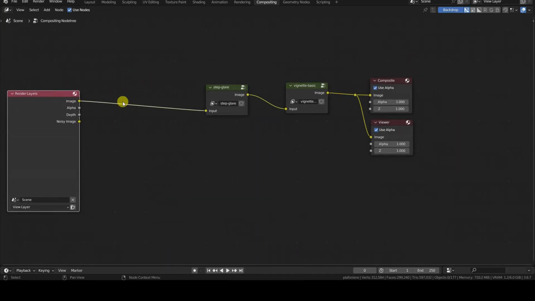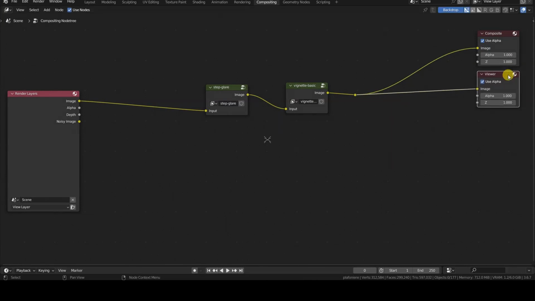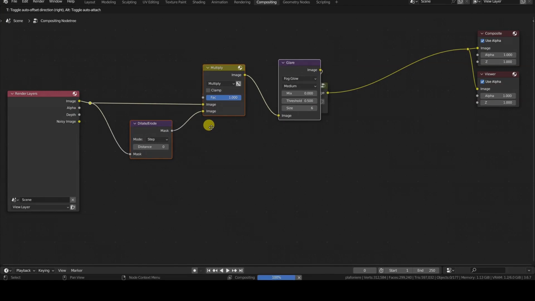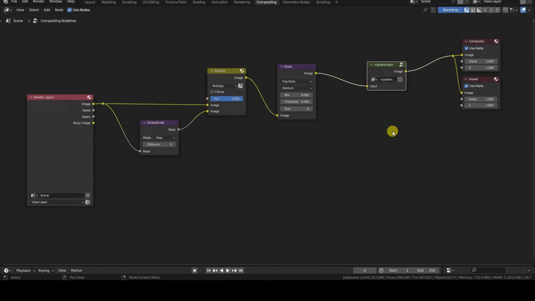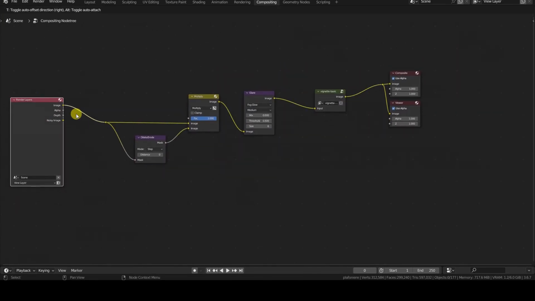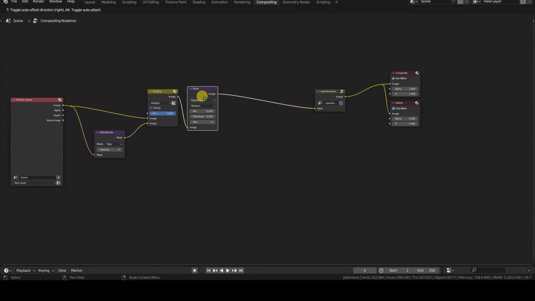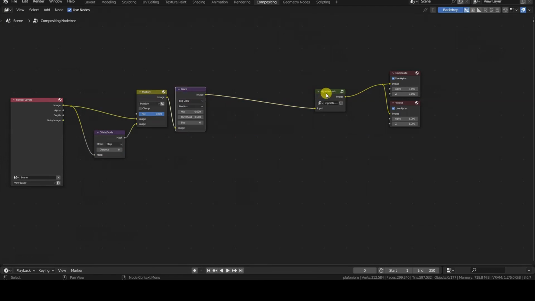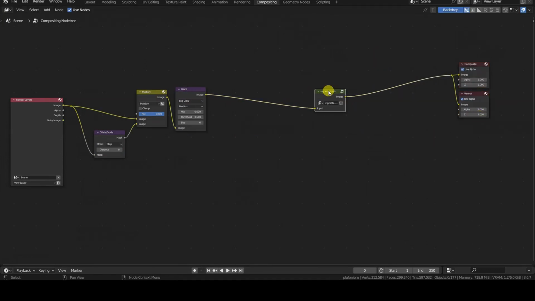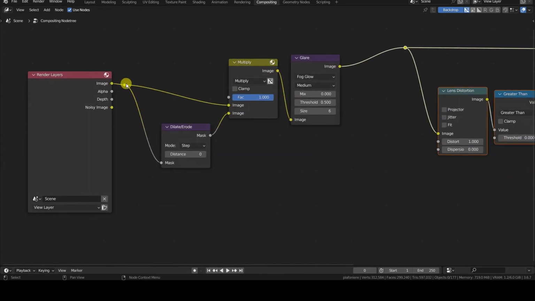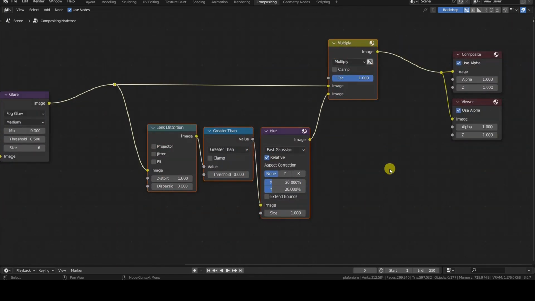So, to recap, the initial rendering is darkened using the Dilate Erode node in step mode as a mask for this operation, and then a glare glow effect is applied to this image in fog glow mode. Depending on the value set in the distance field of Dilate Erode, the bright parts of the image will be larger or smaller, and consequently, the glare glow will be more or less pronounced. Then, a vignetting effect is applied to the rendering obtained in this way, using a dedicated node group.